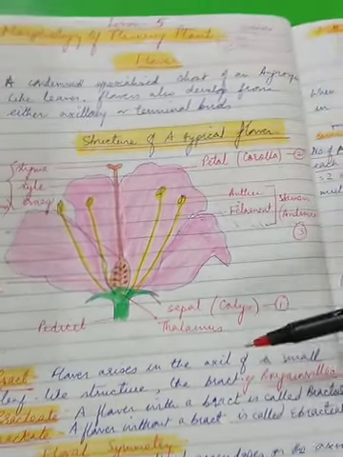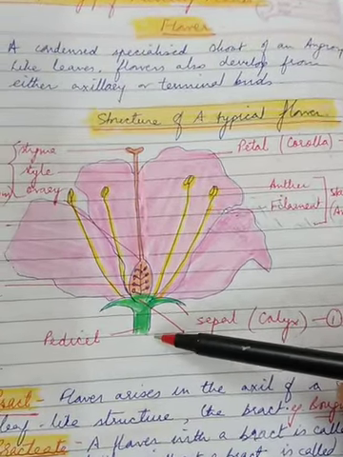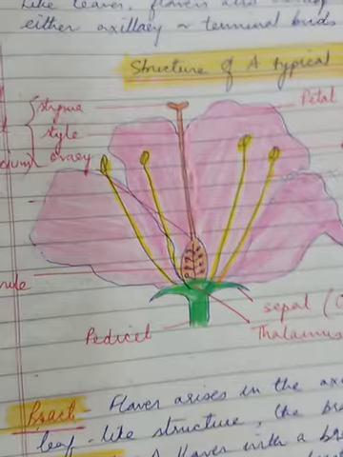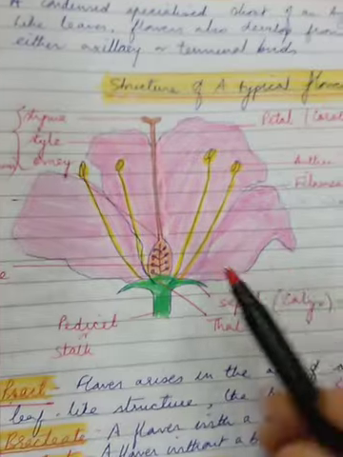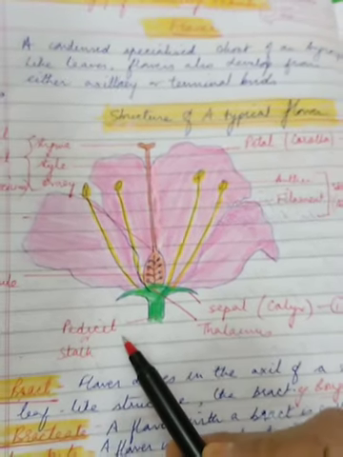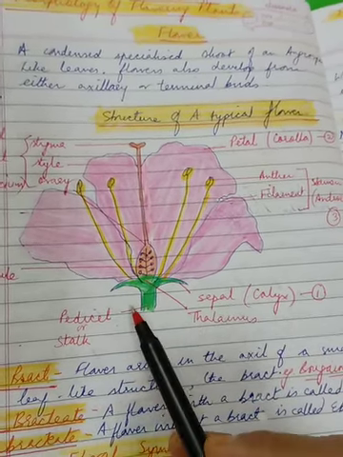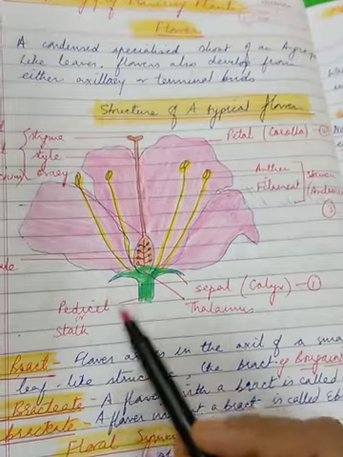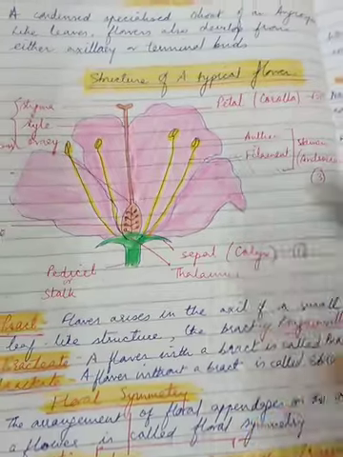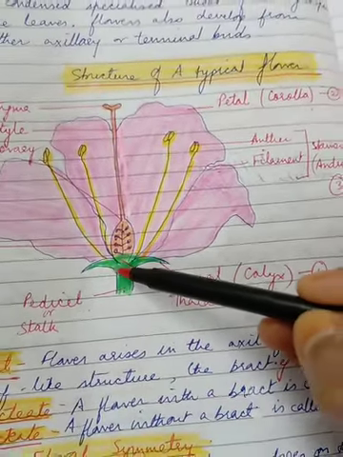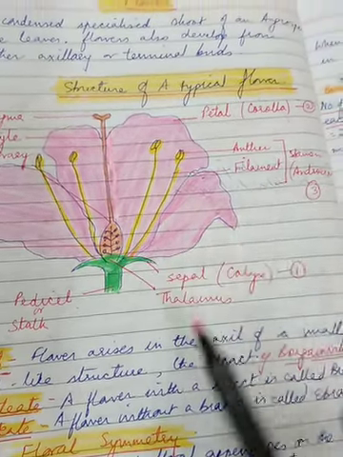Alright, so first of all let us start from the base of the flower, which is the stalk or a pedicel. So this is called a pedicel and it is also called a stalk. So those flowers which are connected to the stem by means of pedicel, they are called pedicellate, right? And those flowers which do not have a pedicel, that is they are attached directly, we call them sessile. All right, S-E-S-S-I-L-E.